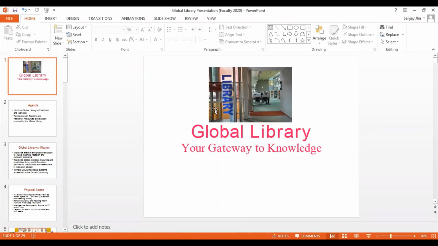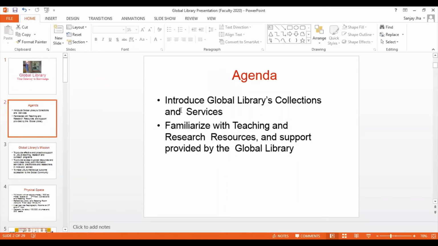This is our reading hall, and this is the library. I'm just sharing 3-4 presentations. So this is the agenda of the Global Libraries. Introduction. We are committed to support you in teaching and research. So how will we do it?